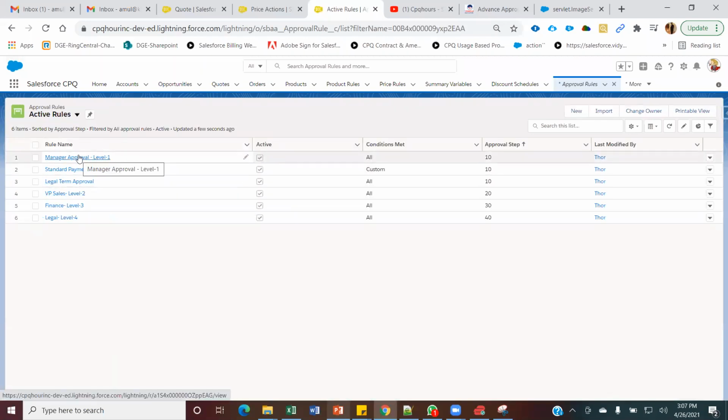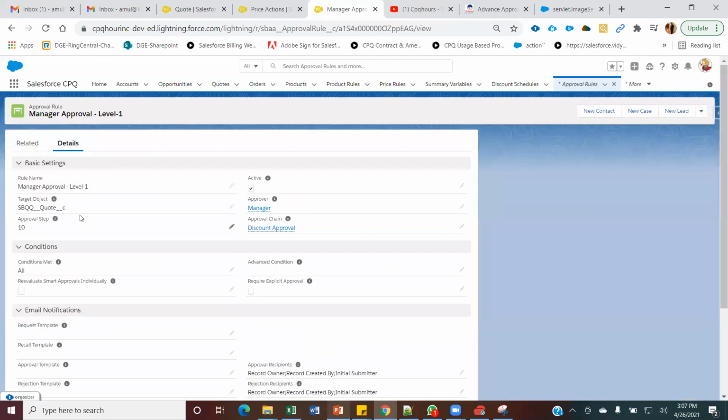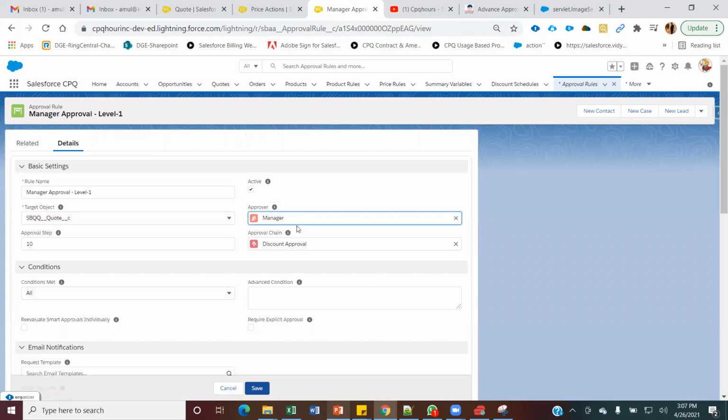In my manager approval, which is my level 1 approval, this is my approval step 10. I have just selected this approver as a manager, and this approval chain always should be a discount approval, right? Because I'm using one approval chain for my discounting areas.